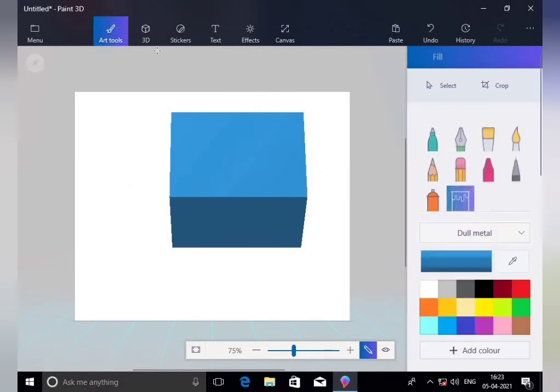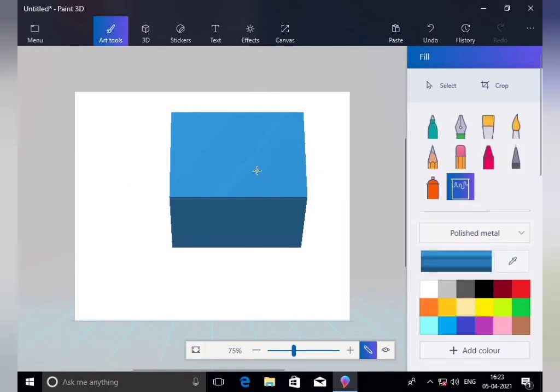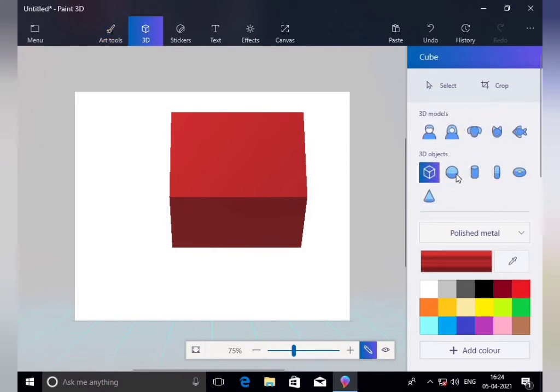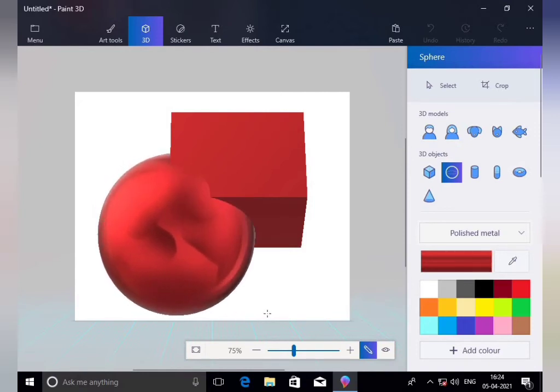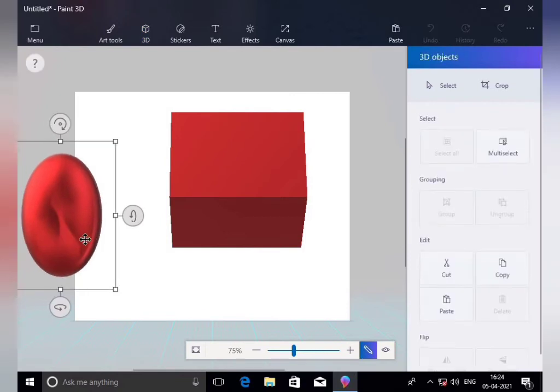Now we have to add some color on it with the polish. So it is polyester color with the black color, so it is black, purple, so it is purple, red, so it is red, right? So there are different colors for 3D shapes. Now see, for example, we have to draw a circle. For example, we have drawn a circle here